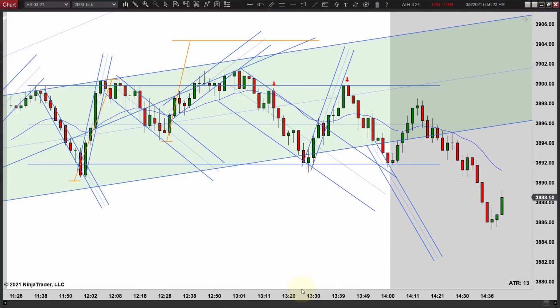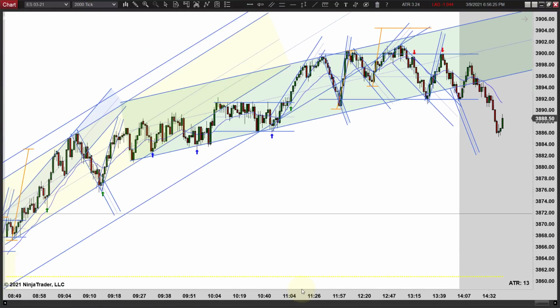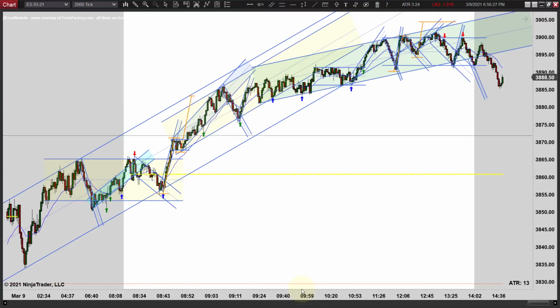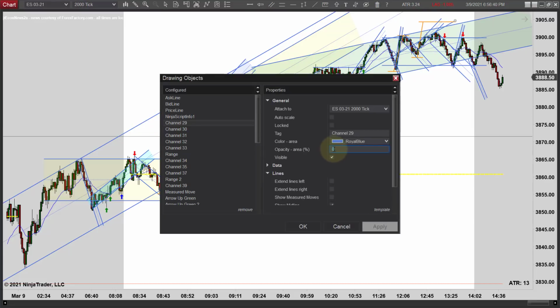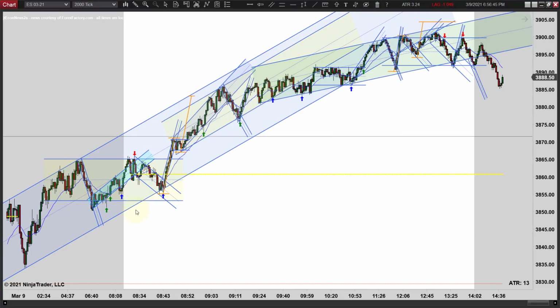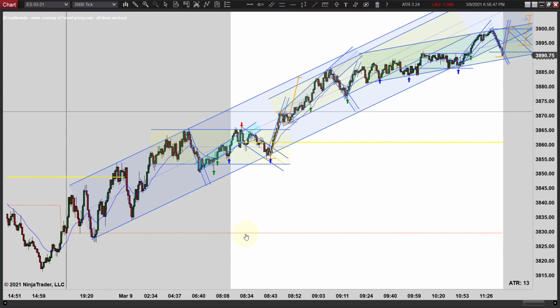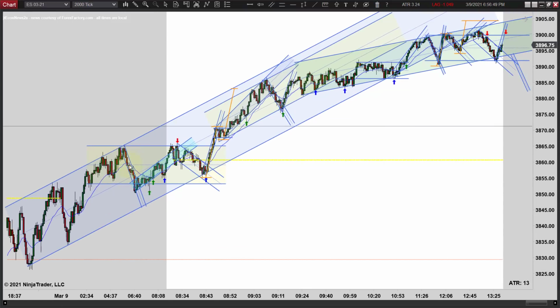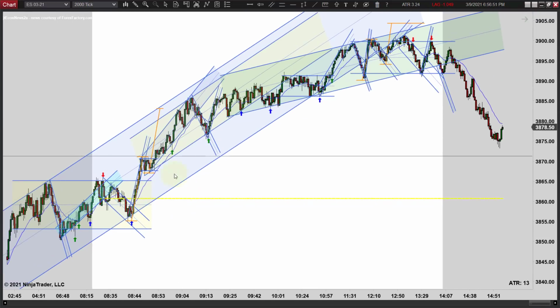So for the most part, it was all uphill. Early on, this was a range, so you could no problem shorting right in there. And you really didn't have the trend channel, this bigger blue trend channel. Let me just make that blue just so it's clear. The blue trend channel was really not confirmed yet. So it was okay to take a short here,